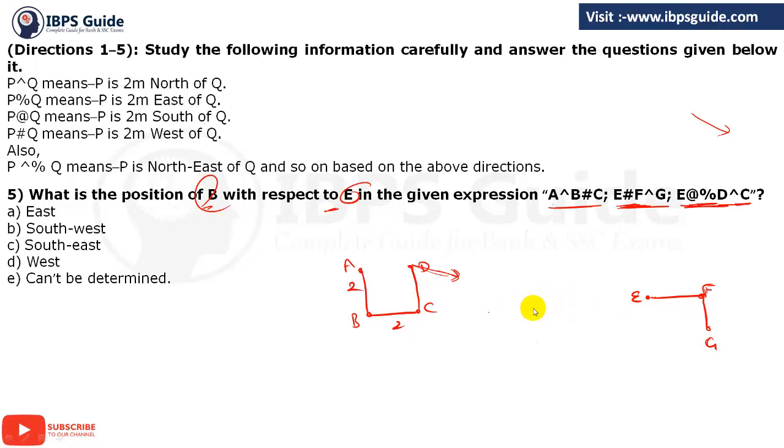But see, actually in this you can't clarify where E is, because we don't know the distance between D and E. We have been given that E is in the southeast of D, but we don't know the distance. So if you don't know the distance, you can't even find out the direction of B with respect to E, because E can be here, or it can be here, in the east of here, because we don't know the distance. So the answer should be cannot determine. Clear? Is this clear or not? Clear? So this was the last question we have in this session.